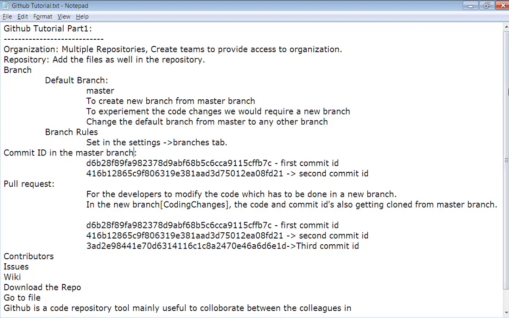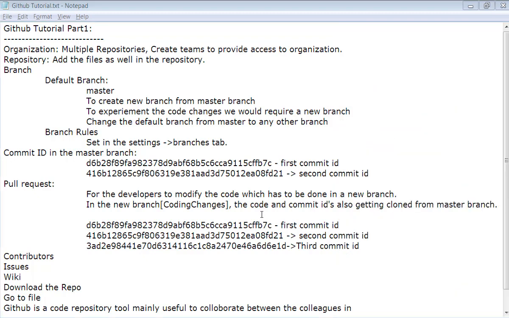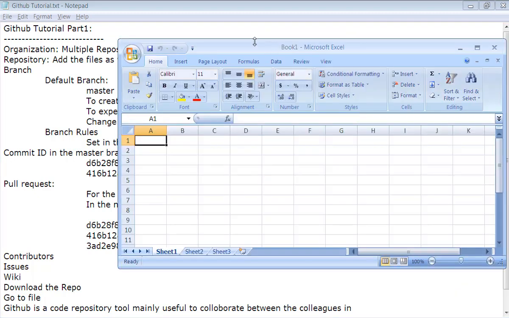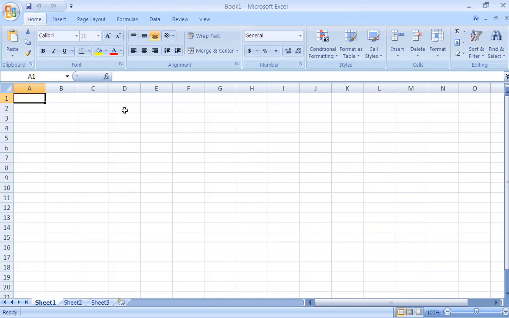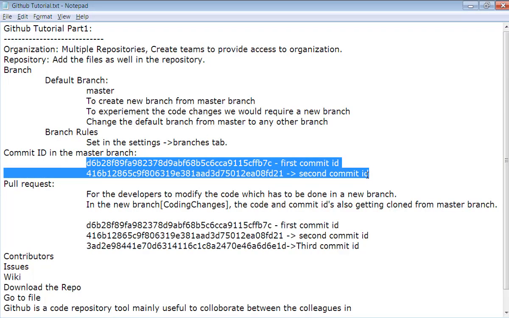Now, let's understand the pull request concept. If you look at the master branch, suppose the master branch and the code changes branch. In the master branch, the master branch is having these 2 commit IDs.